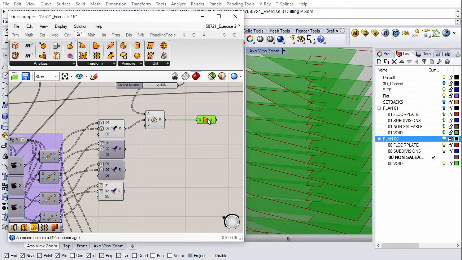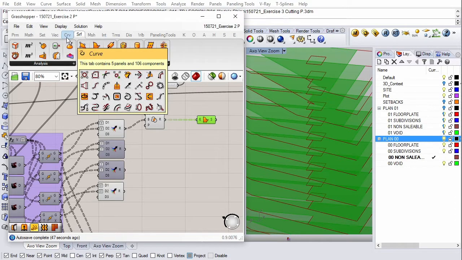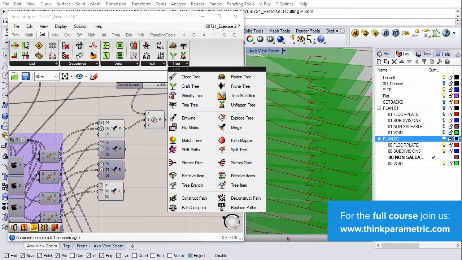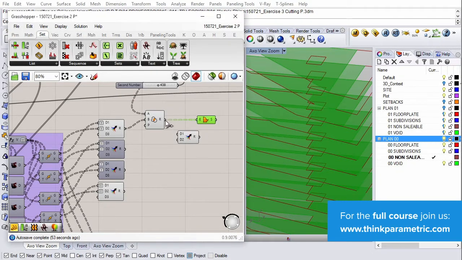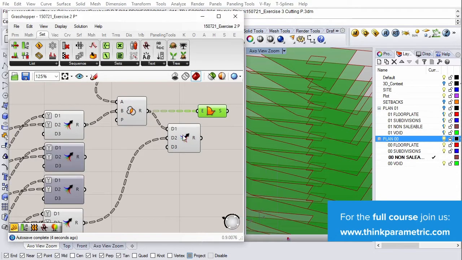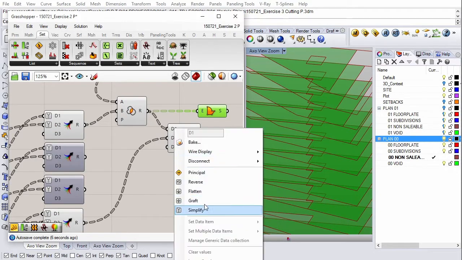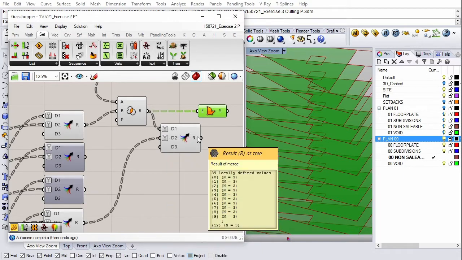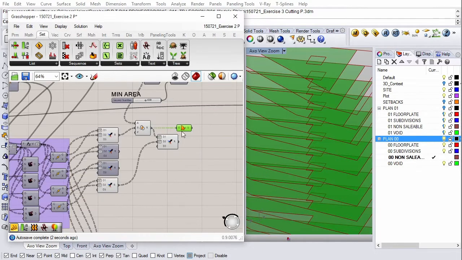In order to add these to our surface, we'll just merge the results of the intersection with the voids, and remember to always simplify when you merge, because that eliminates any possible problems with the branches.